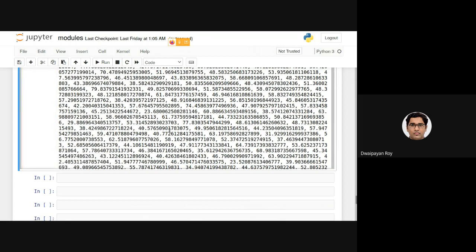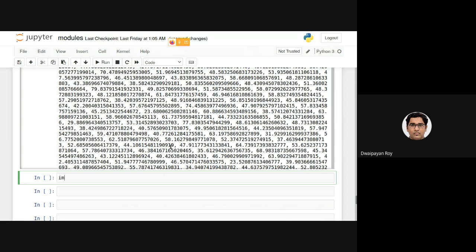We can plot these numbers using a bar plot or a histogram. To plot these numbers in a histogram, we will be using another external module.